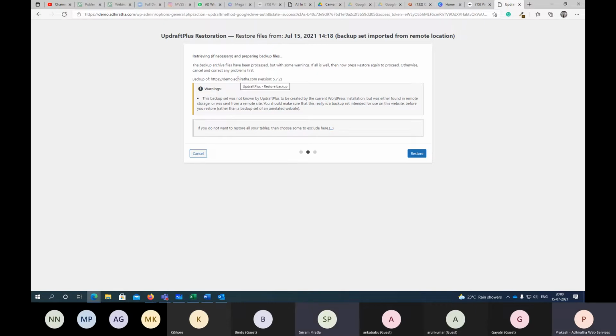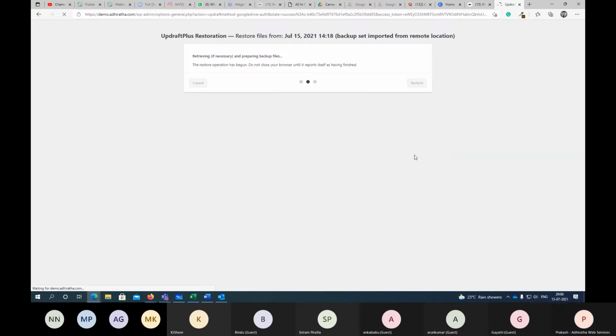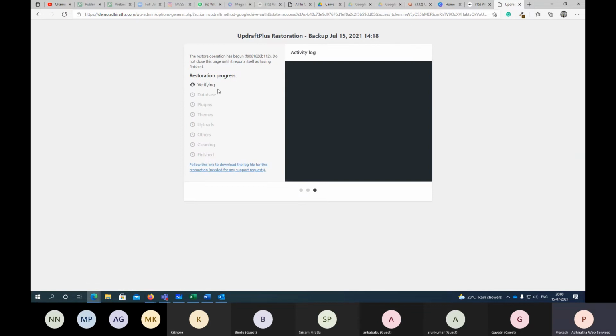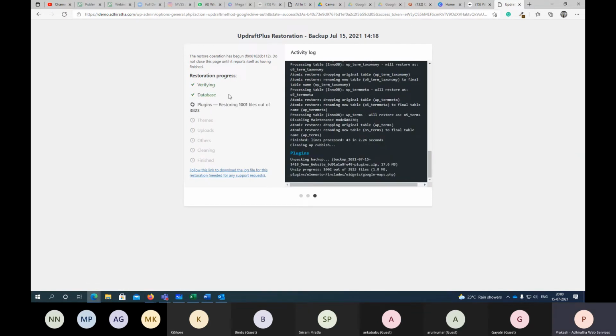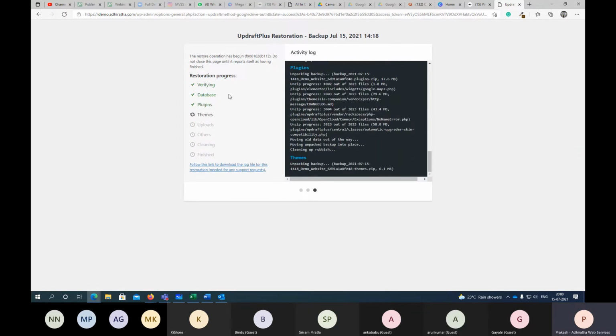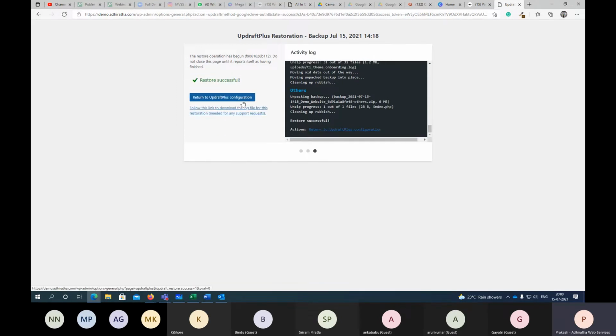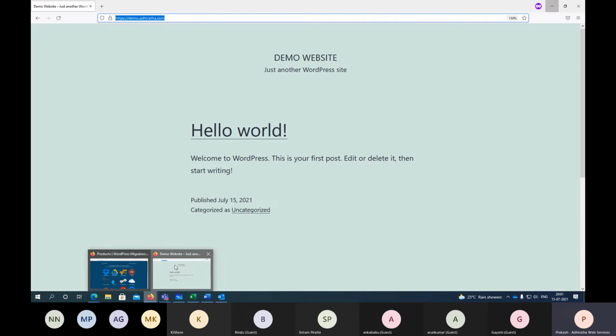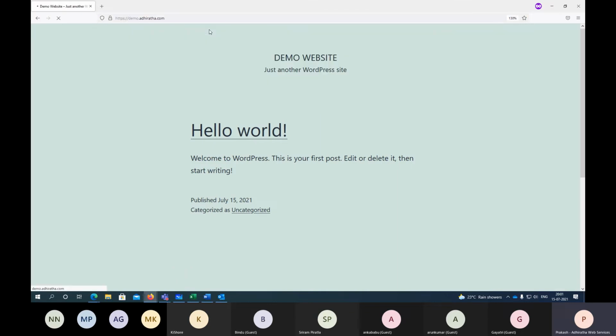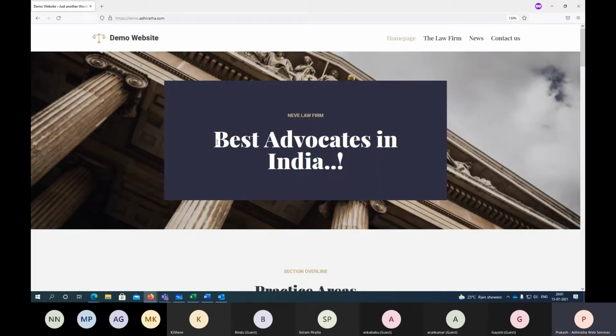Okay, yeah, thanks. See, now it has downloaded all the files, right? Now it is asking to restore it, so click on restore. Now it is verifying. What happens is sometimes you've taken a backup in a different WordPress version and now you try to restore it in the latest WordPress version. At that time, certain problems will happen, so we have to be very careful there. See, now it's successful. Now go back and check your website. See, whatever you designed, it is back.